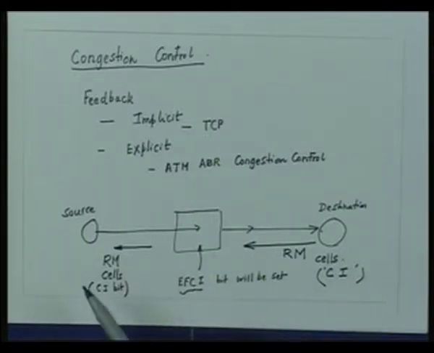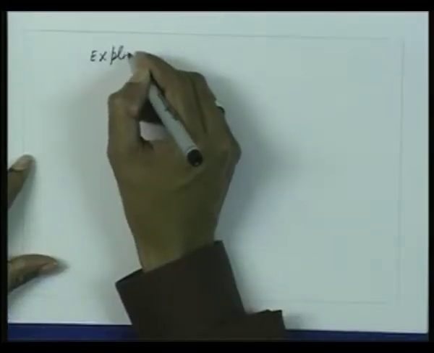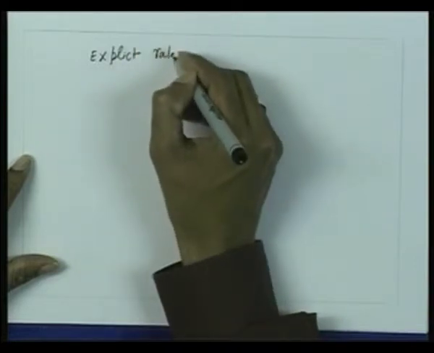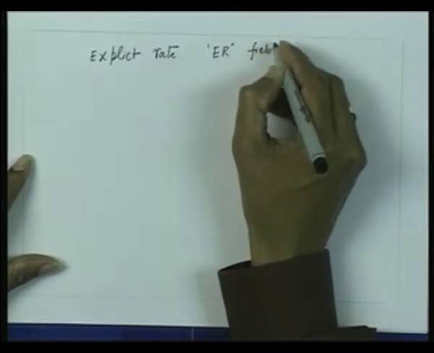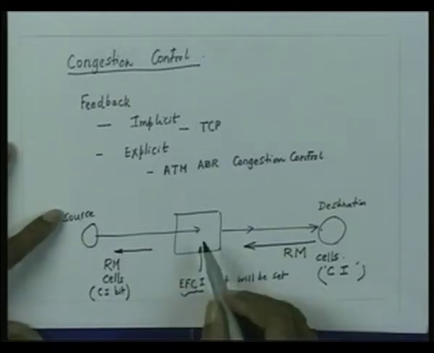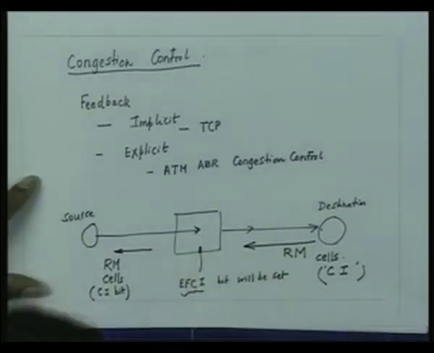Now, in the explicit feedback in the ATM world, explicit rate can also be set by the congested switch. So what may happen is that in explicit feedback congestion control, explicit rate can also be set. There may be an ER field also. Now, as you have seen, in this case, if the ATM switch is congested, it